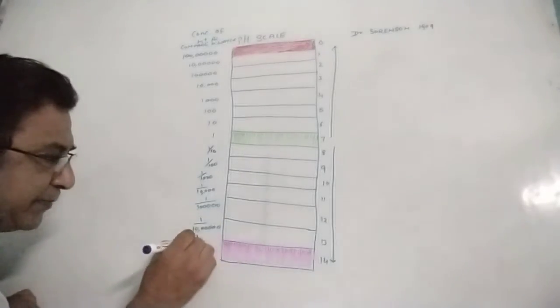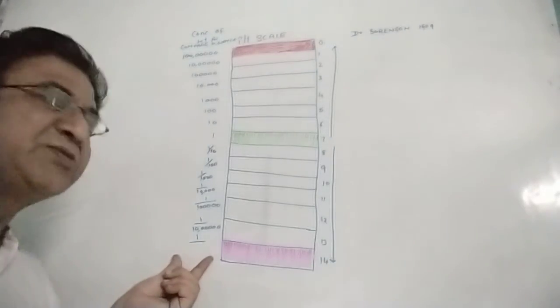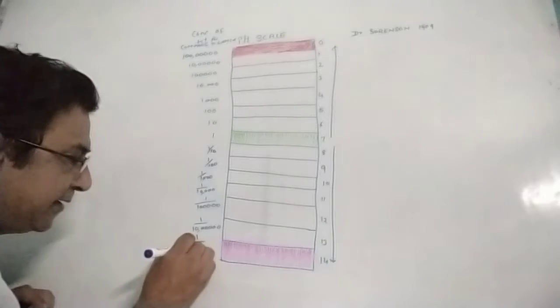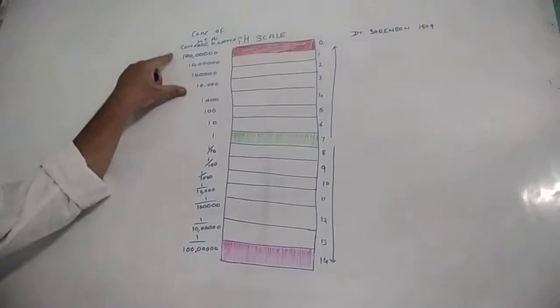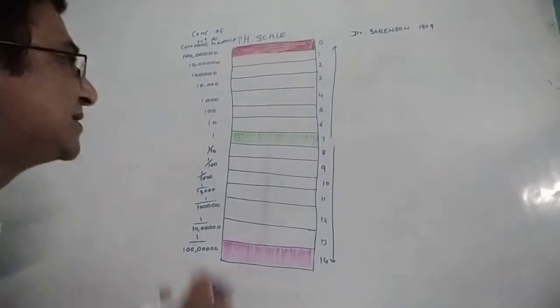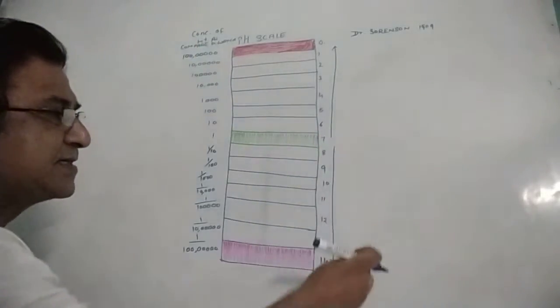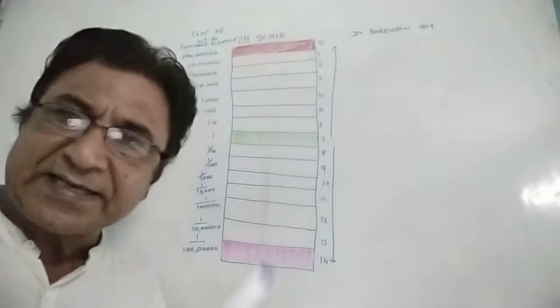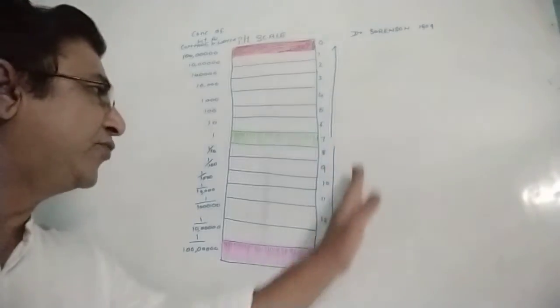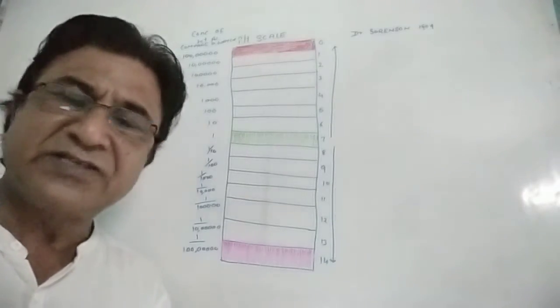And at 14, the maximum number of OH negative ions will be present, but H plus ions will decrease to 1 by 100 lakh. So this way we can know how the H plus ions increase as we move from 7 to 0, and H plus ions decrease as we move from 7 to 14. So H plus ion numbers are decreasing as we move toward 14, and H plus ions are increasing as we move toward 0, which is indicated by the pH indicator.